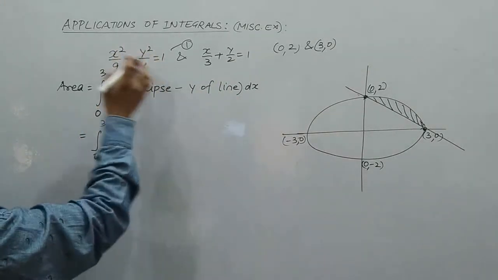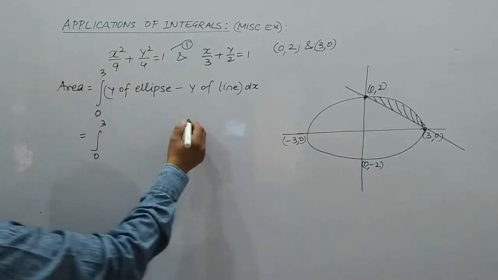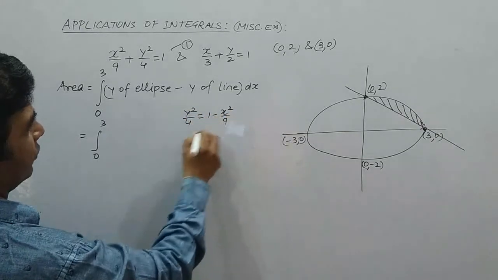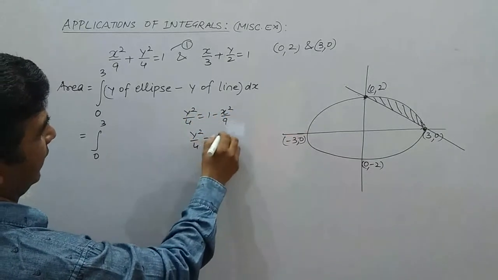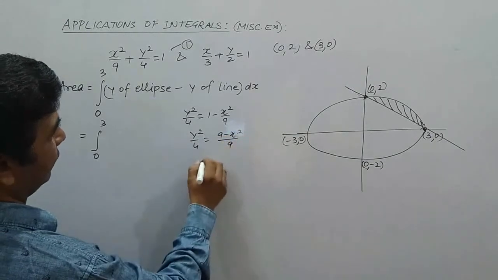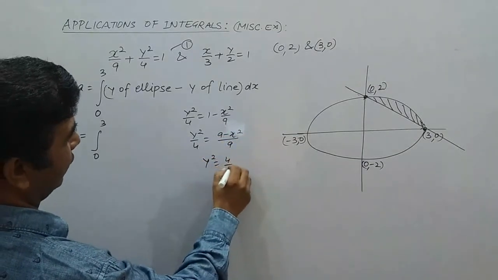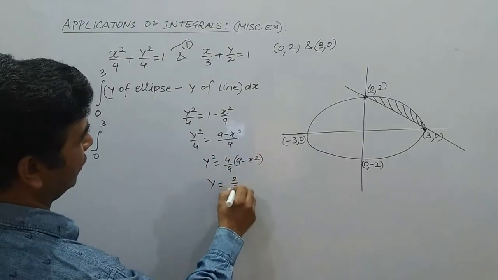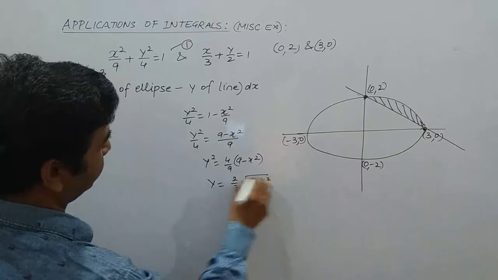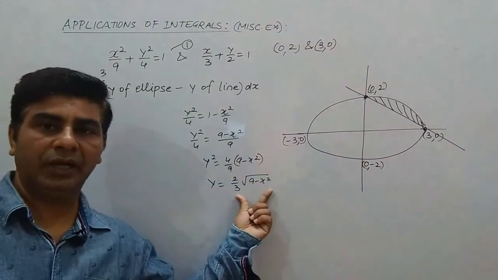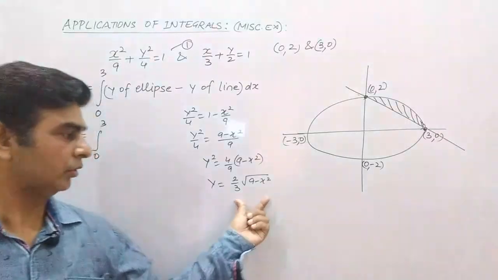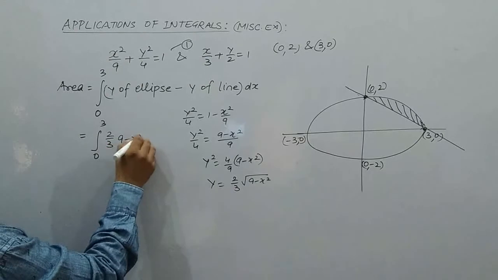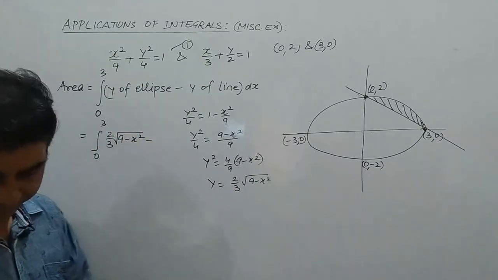वैल्यू ऑफ y निकालने के लिए क्या करते हैं, let me solve here. y square by 4 is equal to 1 minus x square by 9. So y square by 4 is equal to (9 minus x square) upon 9, and y square is equal to 4 by 9 of (9 minus x square). The value of y will be 2 by 3 square root of 9 minus x square. So this is the value of y from the equation of the ellipse. This is to be put here. So this is given by 2 by 3 under the root 9 minus x square minus